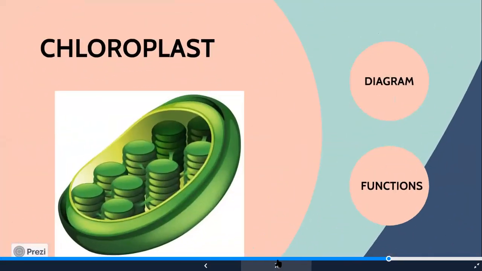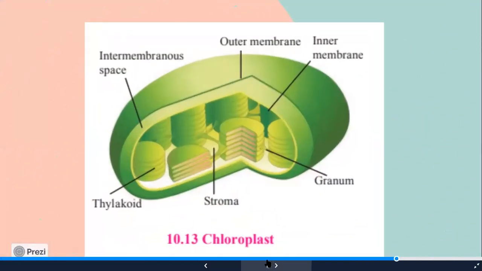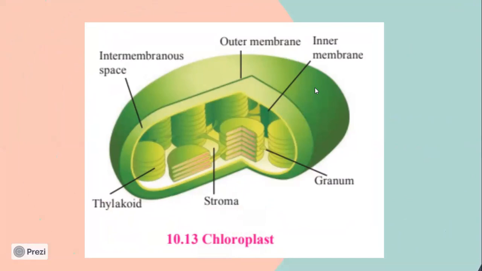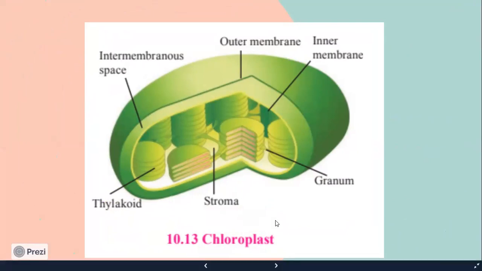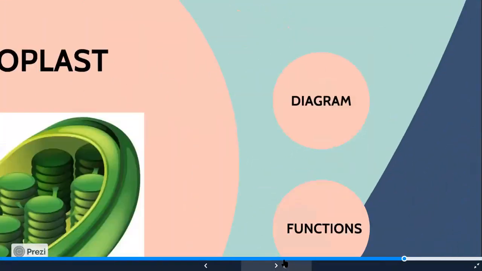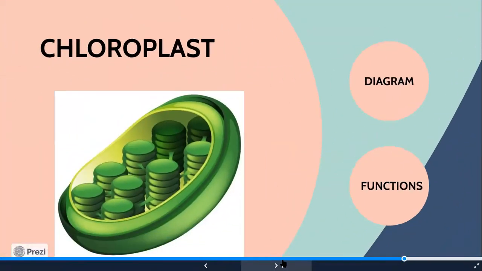Now we come to chloroplast. We know that animal cells do not have chloroplast. Now why is that? Because animal cells are heterotrophic. They're dependent for food on something else. So when you go to see the diagram of a chloroplast, chloroplast has intermembranous space. It has an outer membrane and an inner membrane. We see that outer membrane and inner membrane is there in almost all the organelles except if they are a single membraned organelle. Then they have granum, they have stroma, and they have thylakoids. So every particular part has different functions.